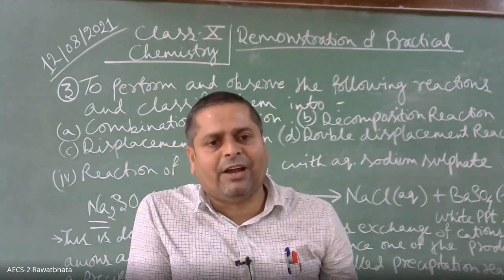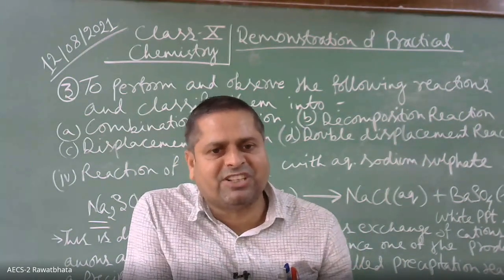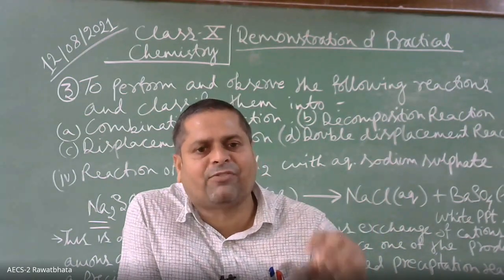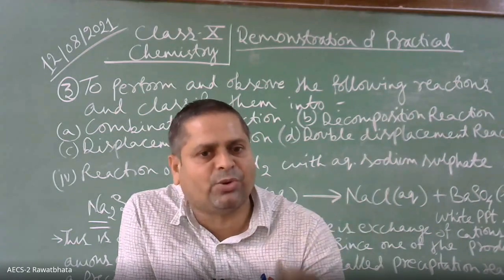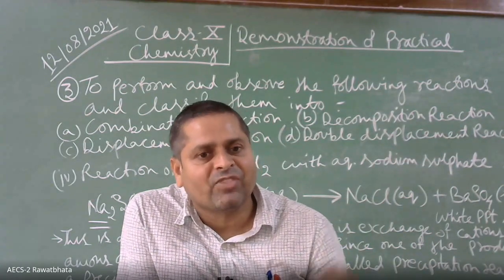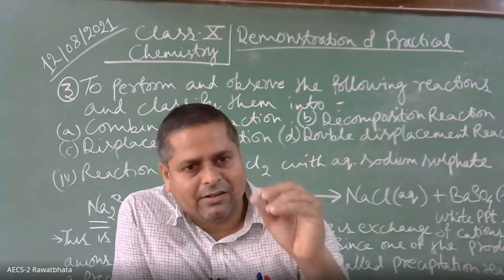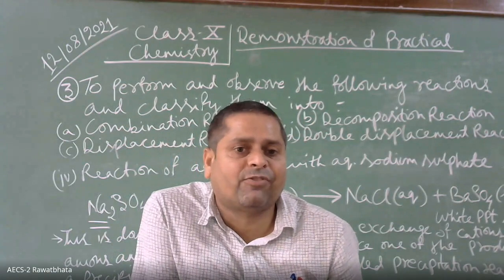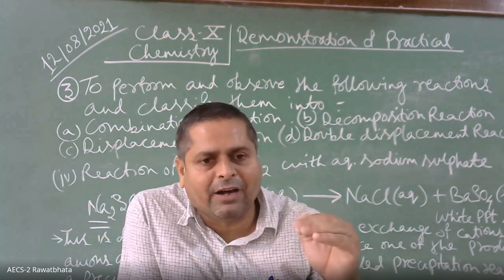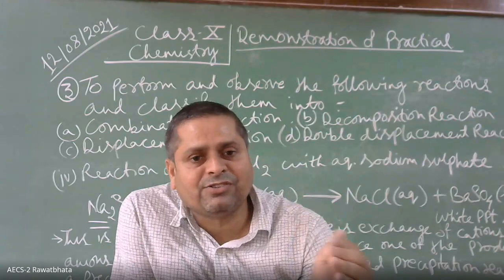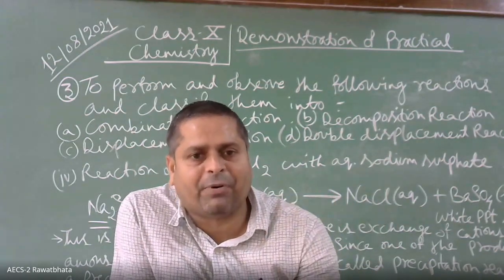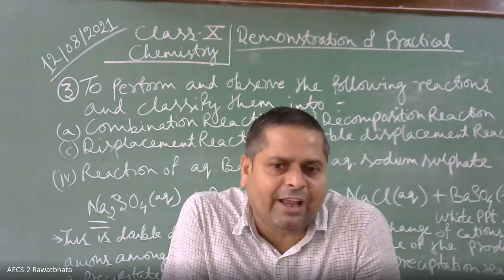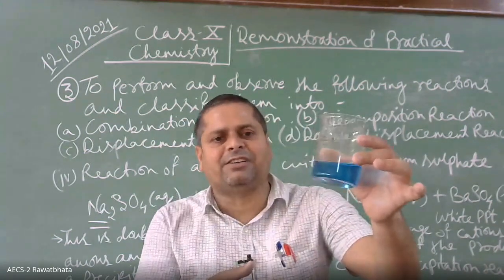Then the third, we have taken aqueous copper sulfate solution, which is blue in color, and we have added some iron nails into it, and we have waited for some time, and we saw that iron nails got covered with brown precipitate of copper. It shows that copper is less reactive than iron, so iron displaces copper from copper sulfate solution. Okay. The color of copper sulfate slightly changes to green. Okay.